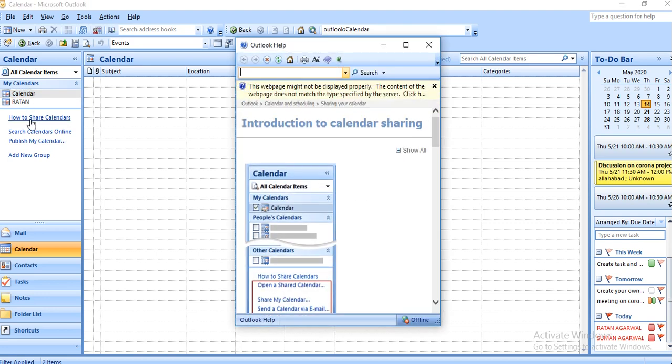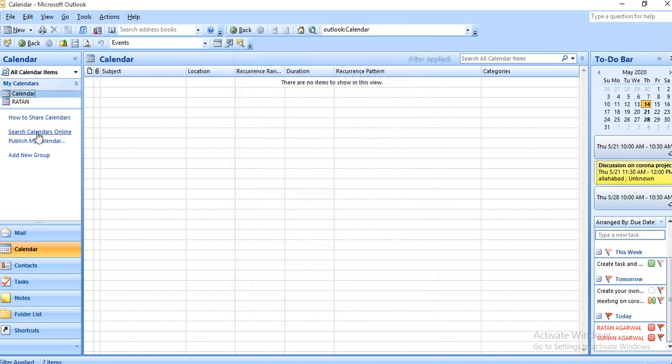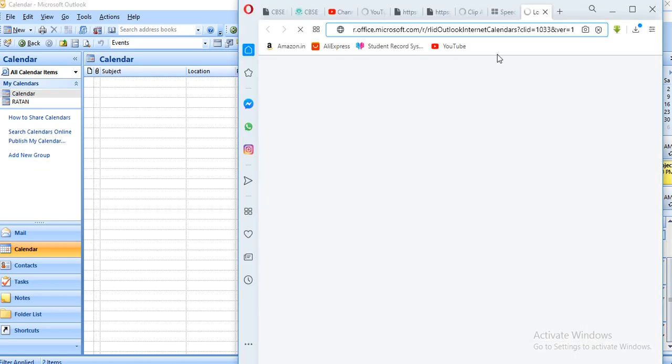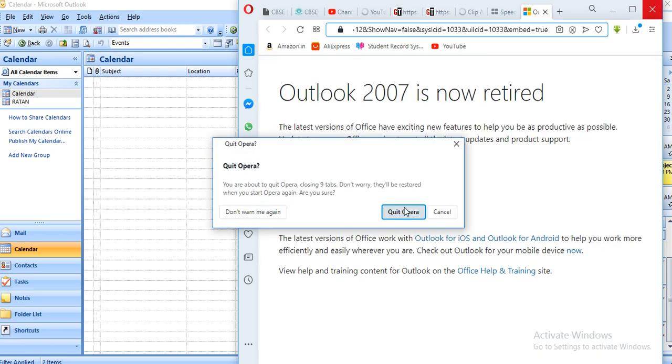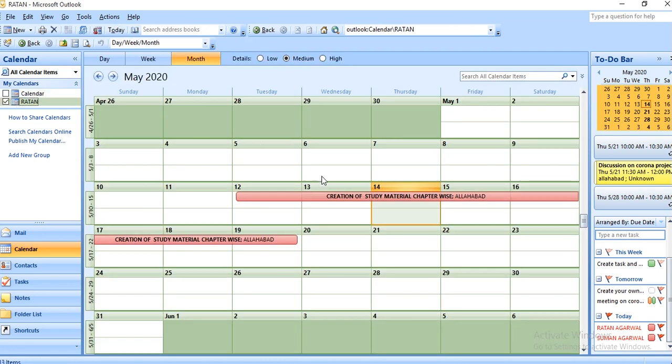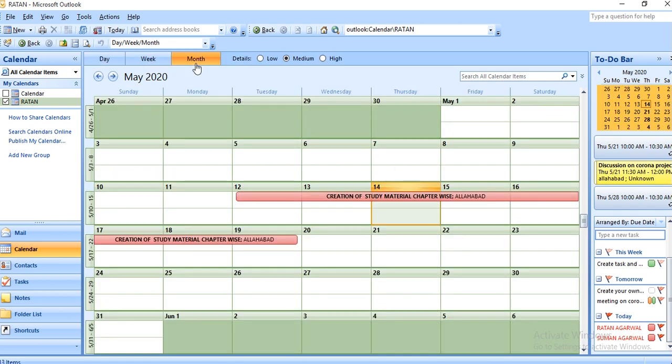Here you can share your calendar, but for that you need the internet. Search calendar online, publish my calendar, add new. This is my calendar. This is day wise, week wise, and month wise, which I told you yesterday.